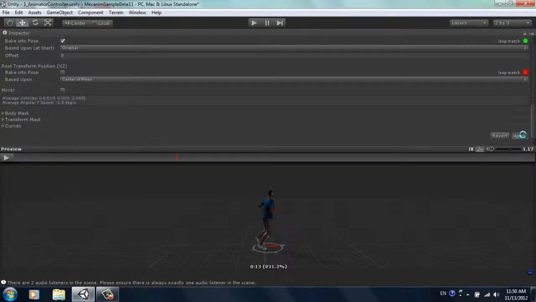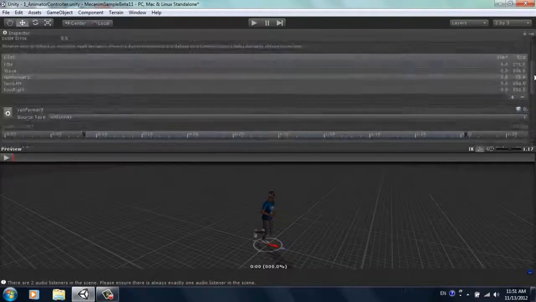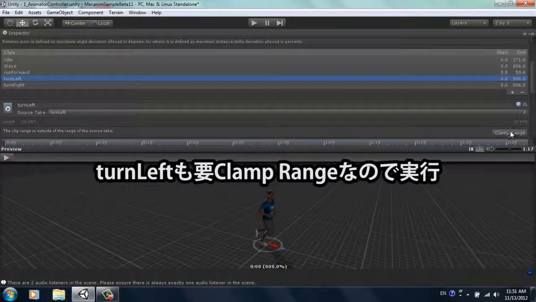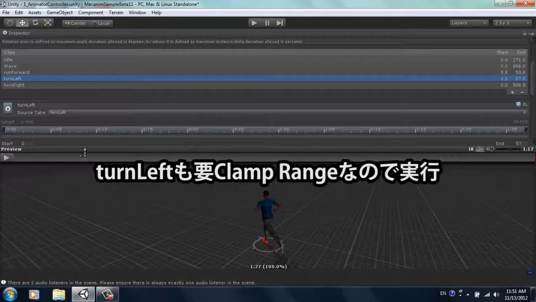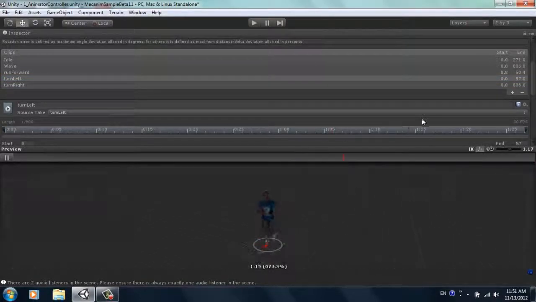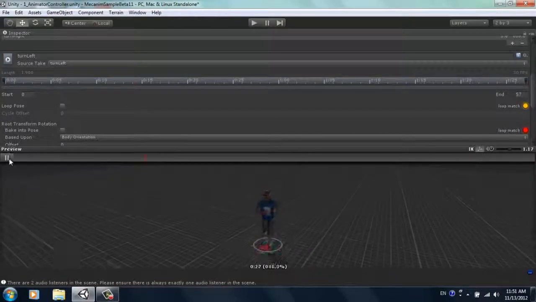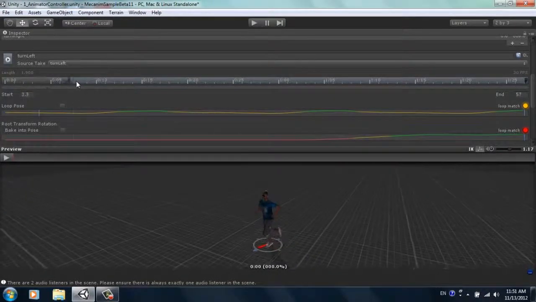So we're all set for the run forward, and once that's done, we'll just pause that and we can press apply. Now for the turn left and turn right. These ones will be fairly similar, for the range anyways, because as you can recall, I pretty much have the same starting position for all of my runs. So if I select turn left, for example, you'll see that I want to clamp range first, of course. And if I press play, of course, you'll have the same jitter that I had before. So I'm going to select about